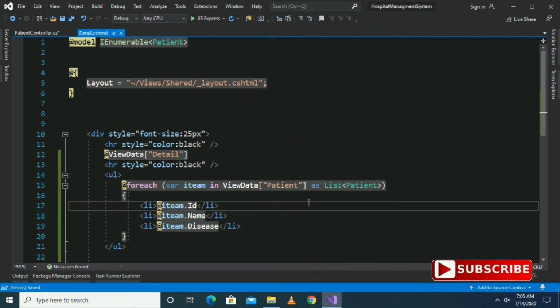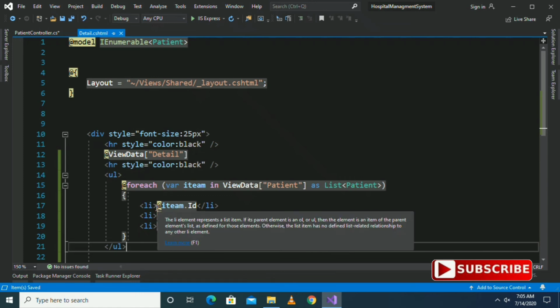So what is happening here? ViewData contains an object of list of patients. In this way we tell what type of data it is; we are casting actually. Now when the for loop runs, the first item comes, it will iterate, then the second item comes, it will iterate, then the third item comes, it will iterate.